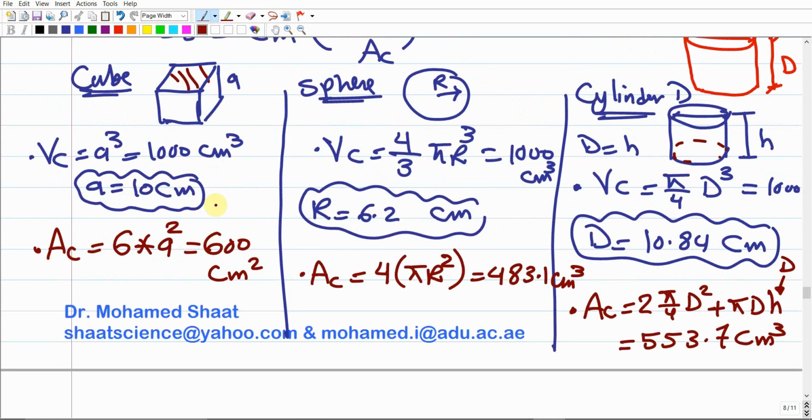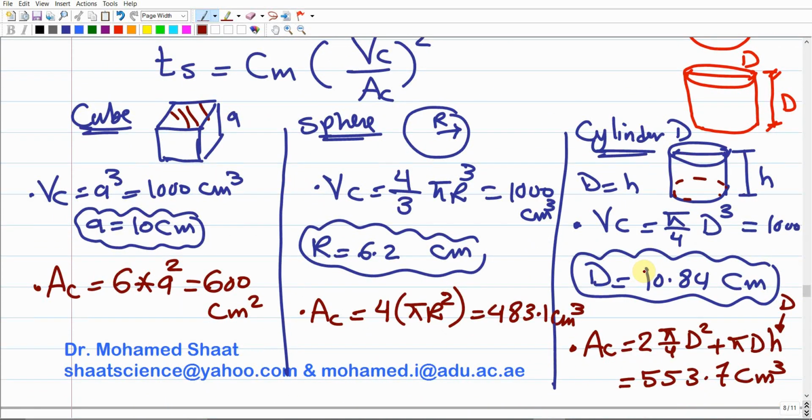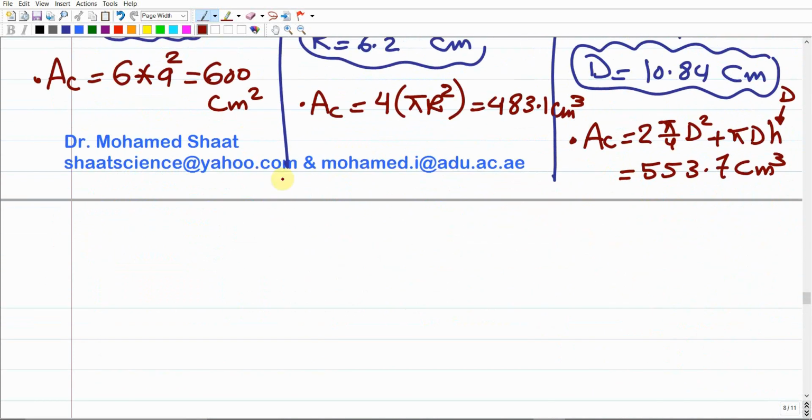It means that the cube should solidify first. Then the cylinder, because its area comes second, and the third surface area, the smallest one, is for the sphere. That indicates that the sphere is going to take a longer time to solidify under the same conditions for the three castings. So if we decided to calculate the solidification time